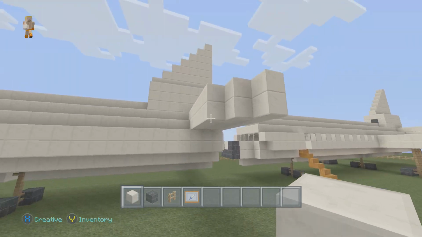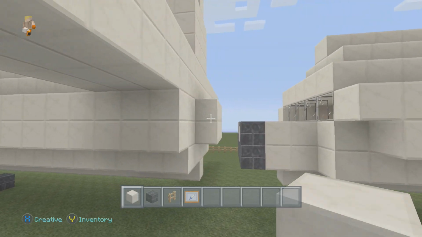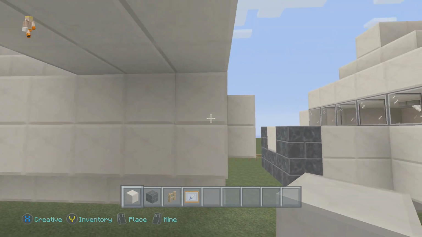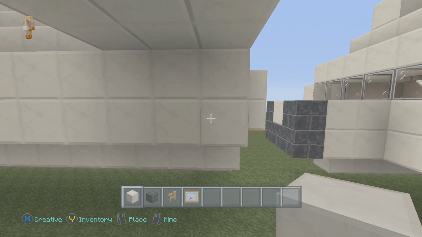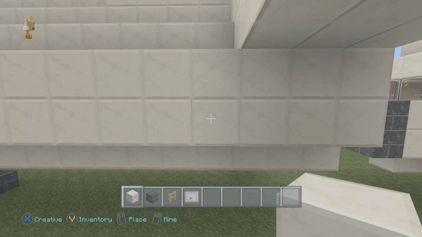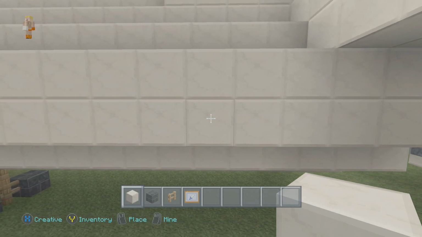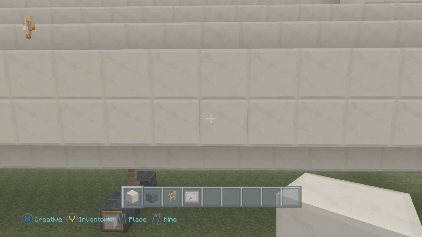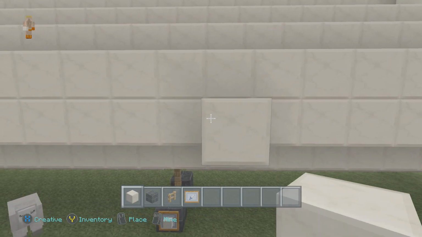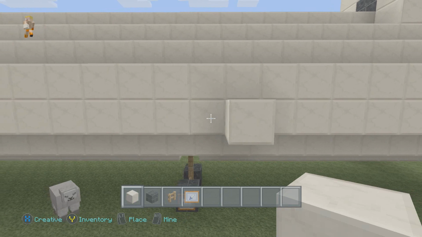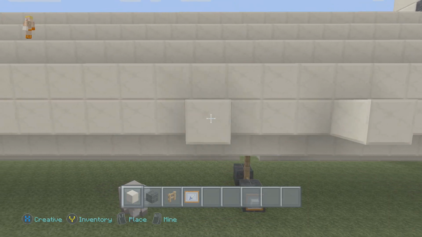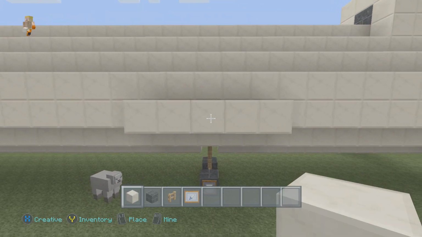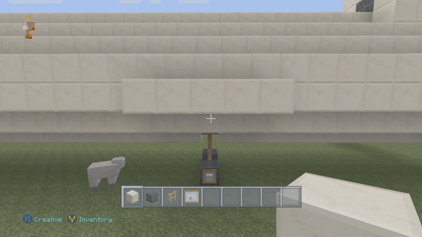you need to get to the back. Don't include these 6 blocks, start from this block and count 14 in. So 1, 2, 3, 4, 5, 6, 7, 8, 9, 10, 11, 12, 13, 14, and just place a block there, and then it's going to be 5 blocks wide, so the middle block for the wing should be directly